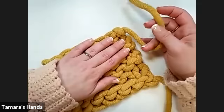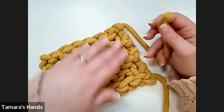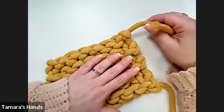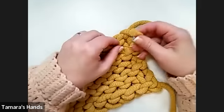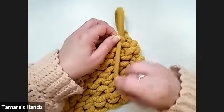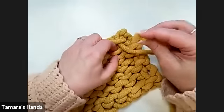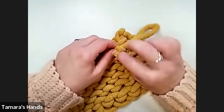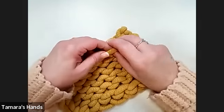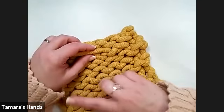And then we're going to find these ends. And it's the same procedure for the beginning end and the final end, whichever one you want to, or we'll want to do it with both of them. So whichever one you're working on first. We're going to take that end and we can go ahead and take our fingers and we're just going to weave it in. That's literally when someone might see in a project, they say weave it in. We're literally just kind of weaving that yarn in and around some of these stitches. Now, this is a big, bulky yarn. You can keep doing this for a long time, or